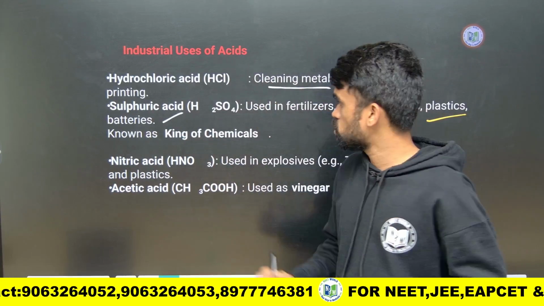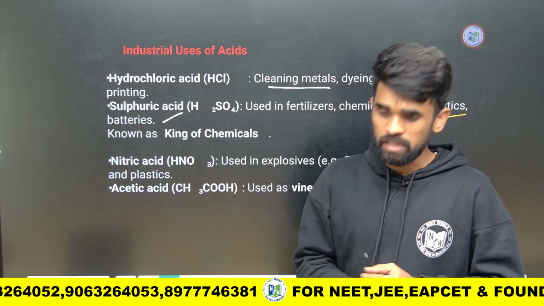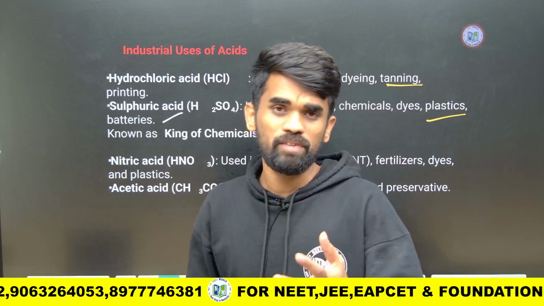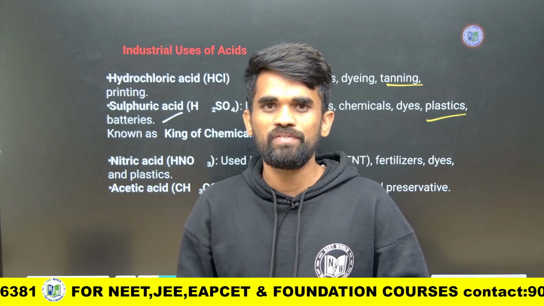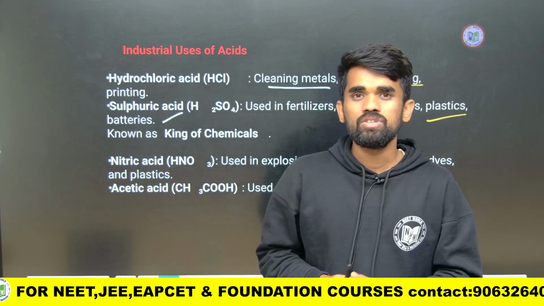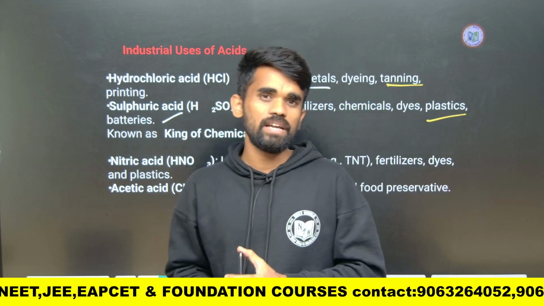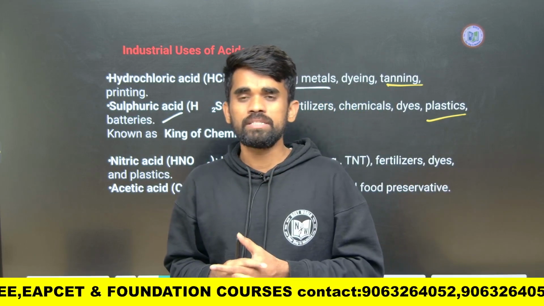Again, nitric acid is used in the manufacturing of fertilizers, as well as explosives like trinitrotoluene, TNT in the short form, and also tear gas. So where do we use this tear gas? Whenever some heavy crowd is taking